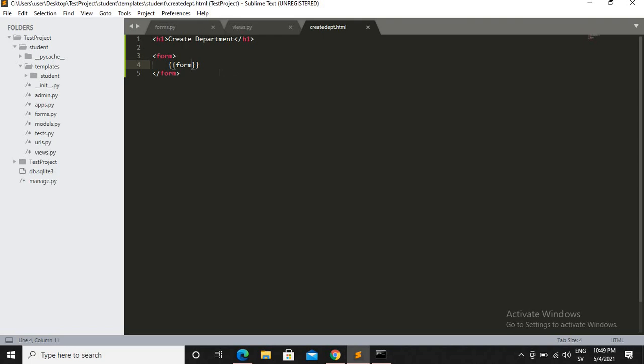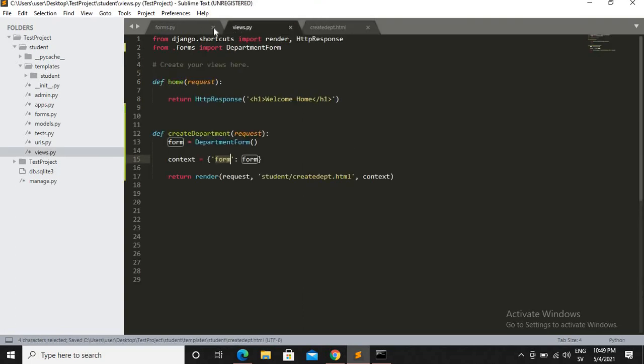Okay, and then I put an input field. The type should be submit, and value should be submit. Okay,